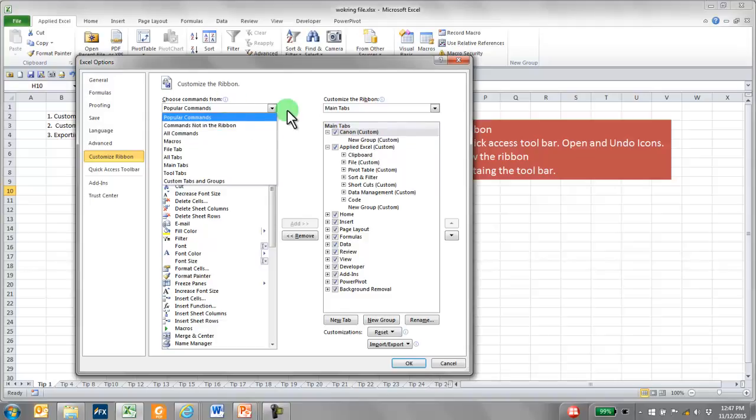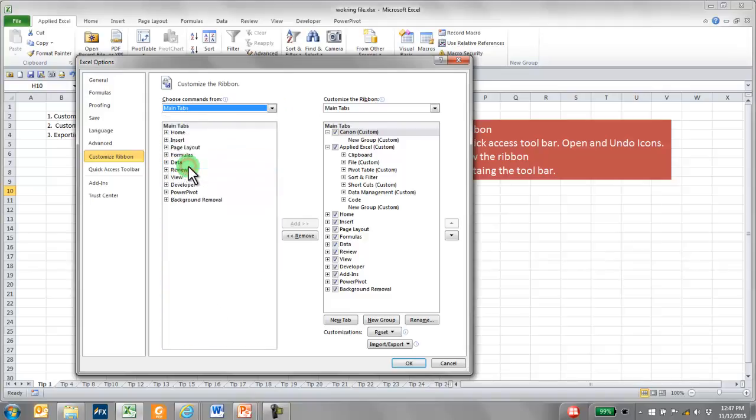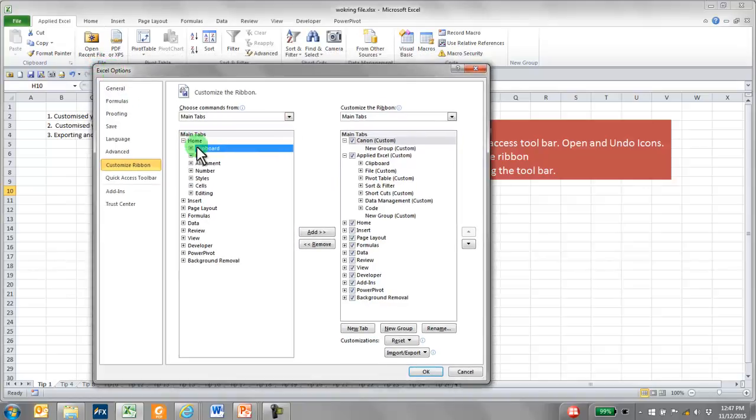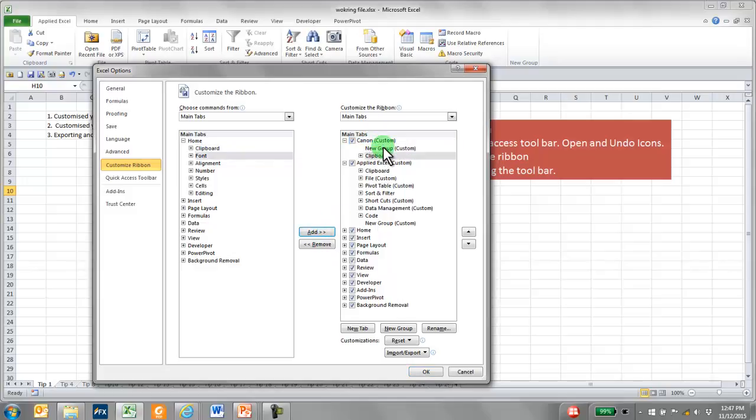So you can go into the drop down here, go to Main Tabs, and in the Main Tabs you get Home, and you have the Clipboard. This Clipboard represents the Home tab, and this represents all the copy and paste. So what you can do here is quickly pull this one over to this side and say add to the Canon tab. Or you can do a new group here and call this new group here